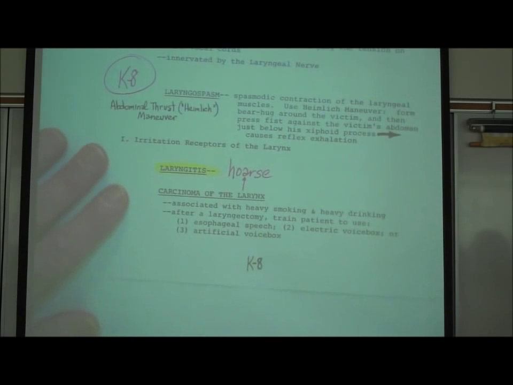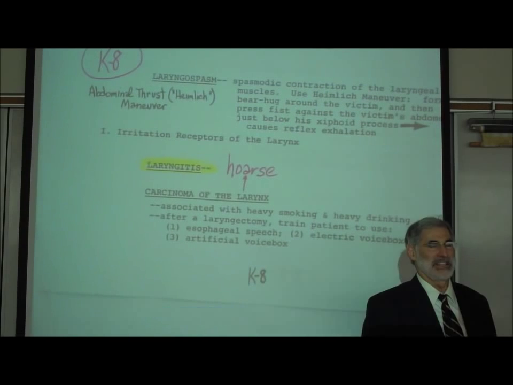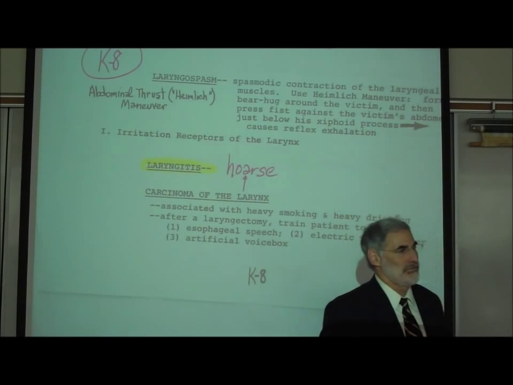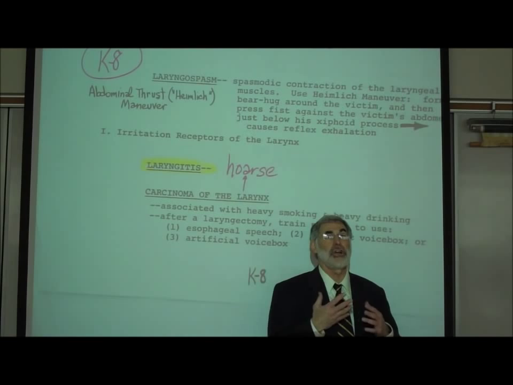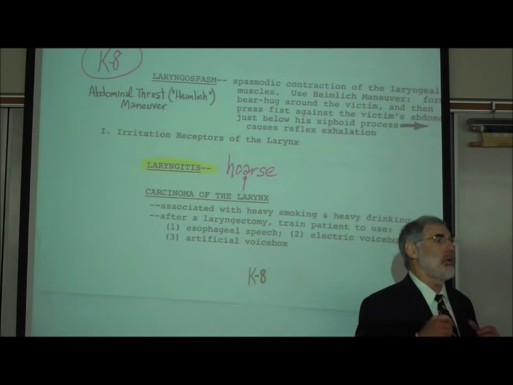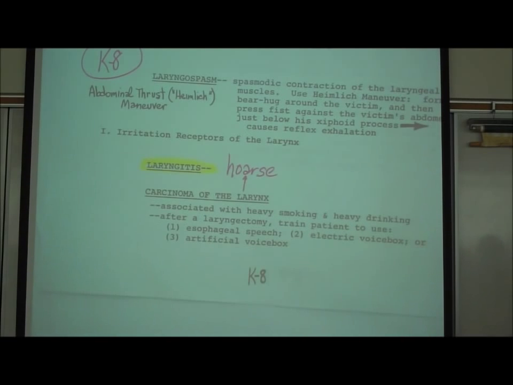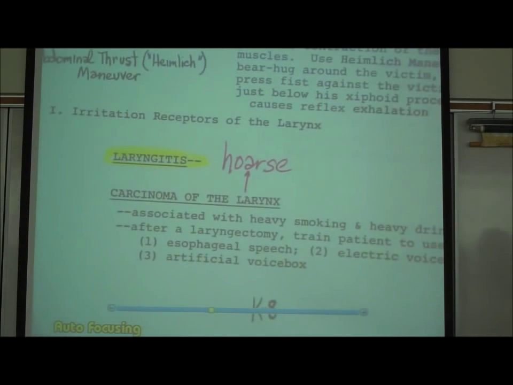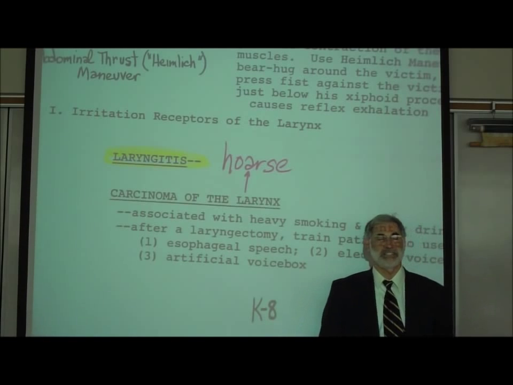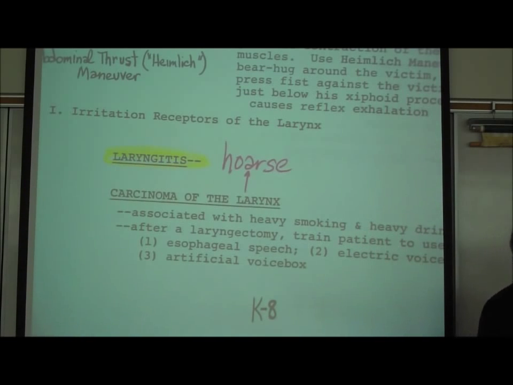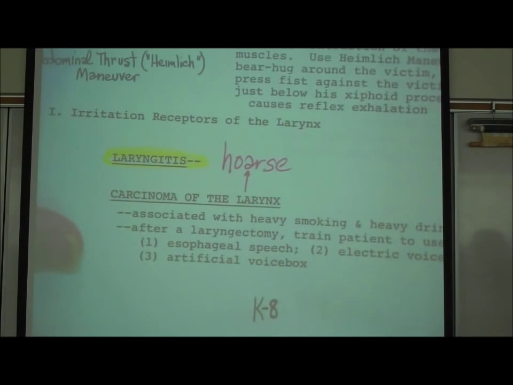What is laryngitis? Laryngitis is an inflammation of the larynx. And so if it's all inflamed, where the vocal cords are, the person has trouble speaking. We say they're hoarse. Notice how you spell the word hoarse. It has a letter A in it. If you leave that A out, you're basically saying the person's like that animal that you can ride and eats hay. So it is spelled differently.